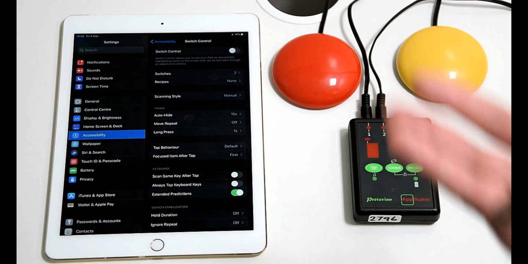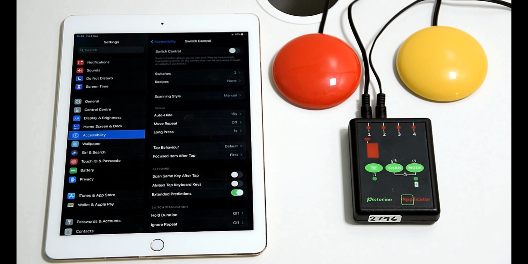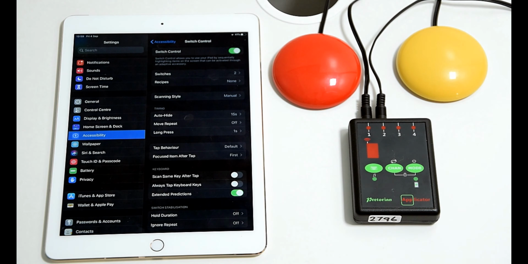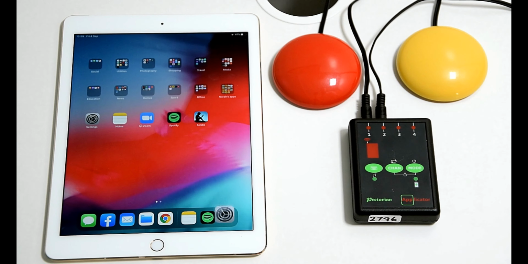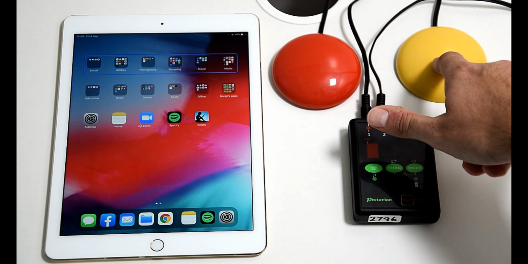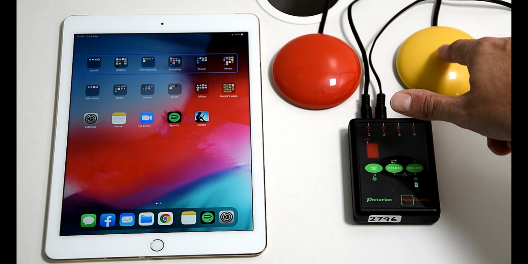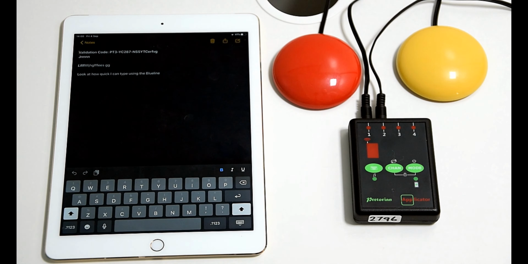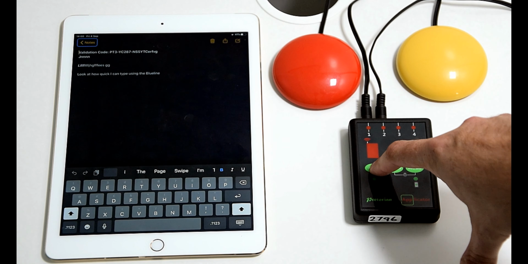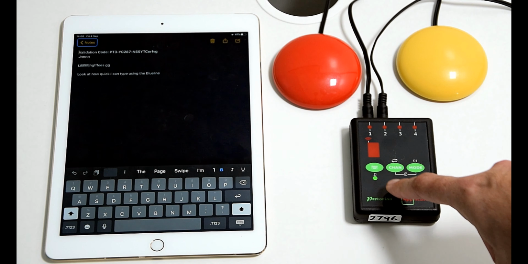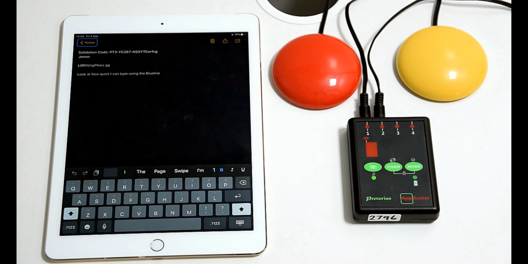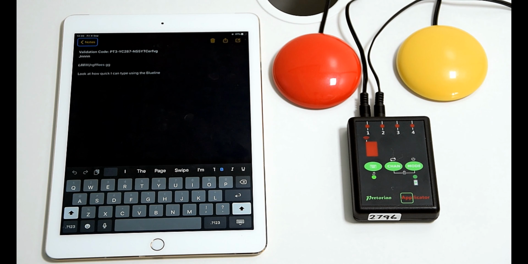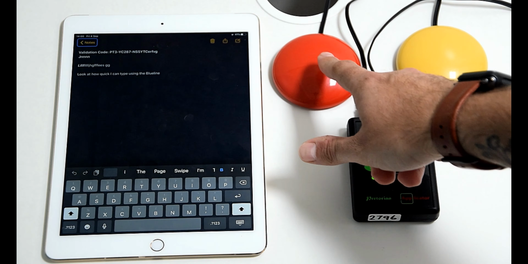So I have been playing a song on Spotify. It's set in the background as it happens to do so with the iPad. And I'll turn switch control on so that we can use the iPad as normal. And you'll see that I can scan around and I can go into different apps such as notes. But at any point, if I hold down this button here, which is the keyboard but also has a musical note underneath it, the green light lights up to show that it's in QuickMedia mode. And if I was to press play,